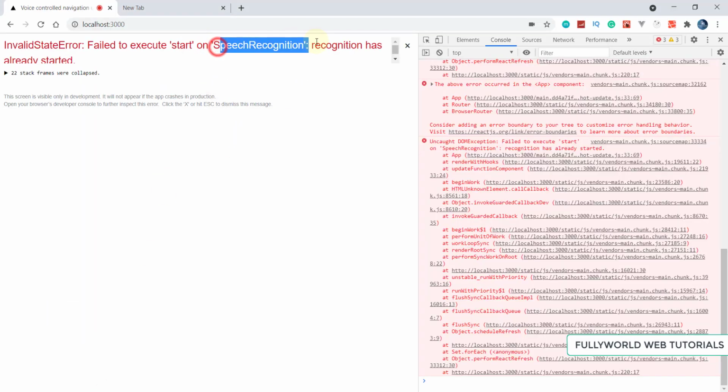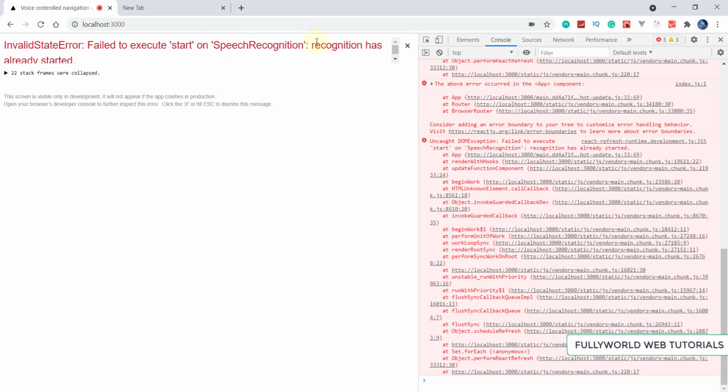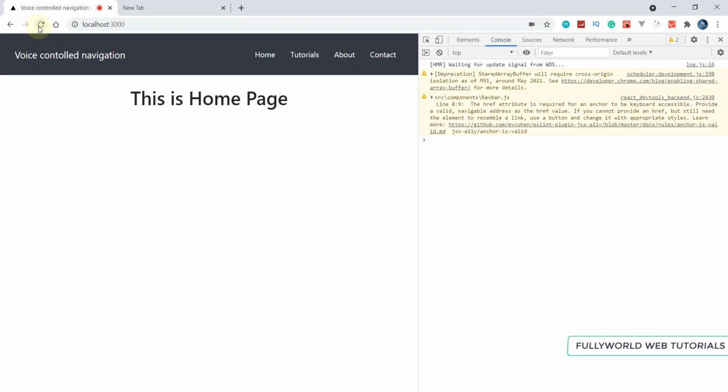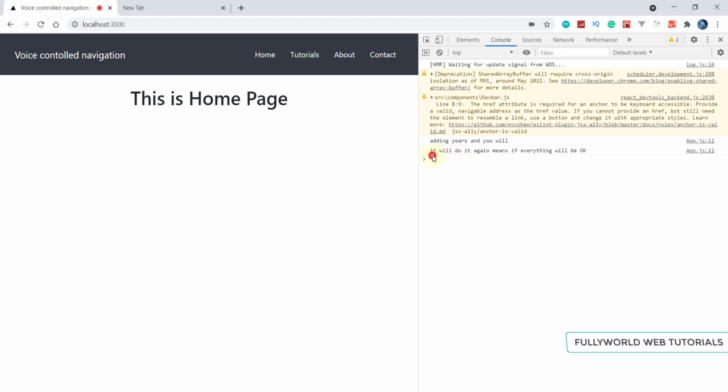We are getting this error because it is not refreshing everything, because of hot reloading, it is rendering just the part that we created previously. When you refresh this, it will do it again, and everything will be okay. In production you will not get these errors, so forget about these. See that we are getting our transcript here also.